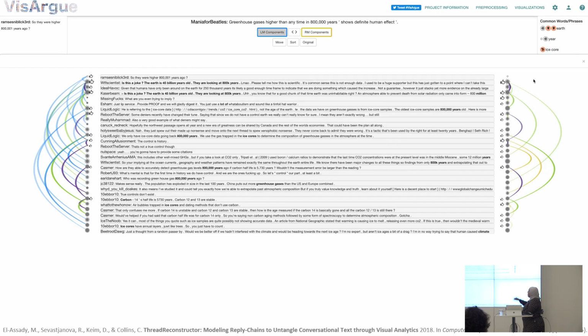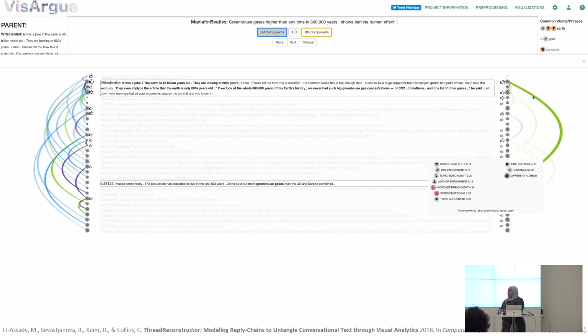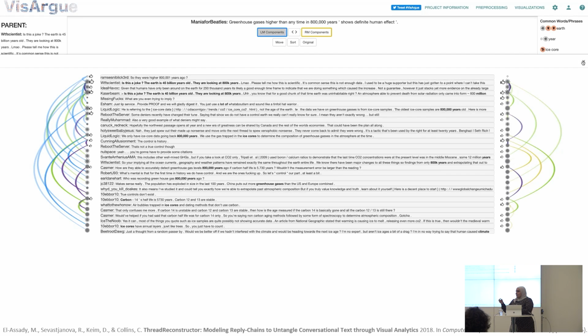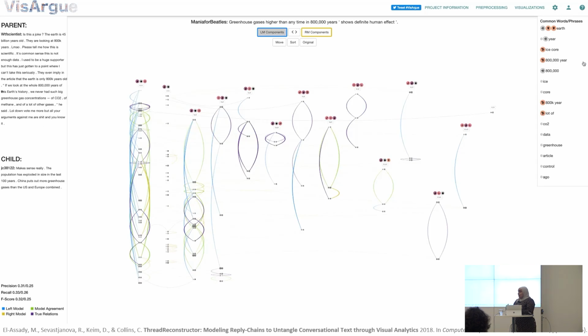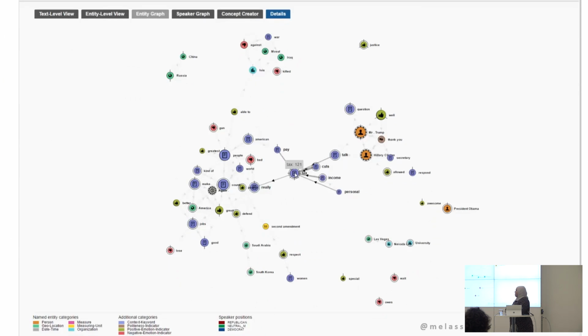And it turns out that people were discussing an article about ice cores that were 800,000 years old, and there are CO2 bubbles trapped in there, and that was a very convincing argument when it came to climate phenomena. So we can take these models and do this down the line, but we can also take the same models and try to train something else.